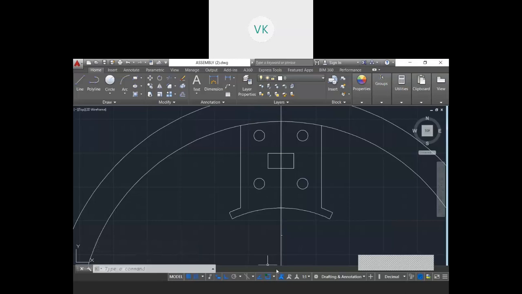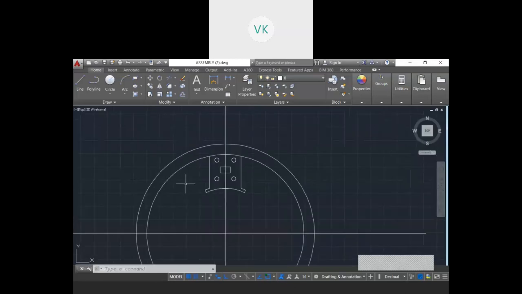So after this we'll see what is left for the next part. So looking at the question, next is given the dimension of the interpole. So to draw the interpole I will go with a 45 degree line, exactly at 45 degrees. So I'll switch off the ortho once again.